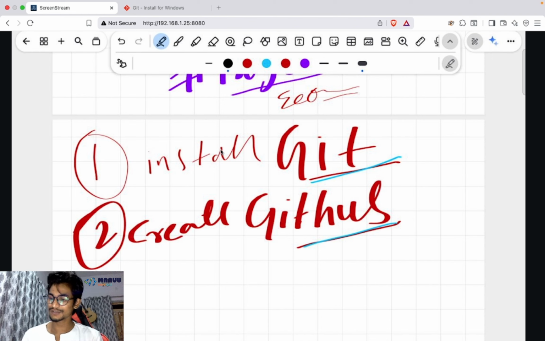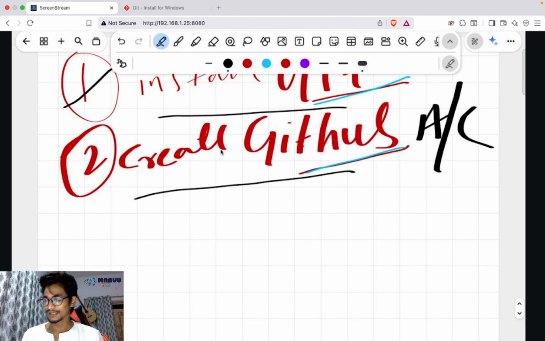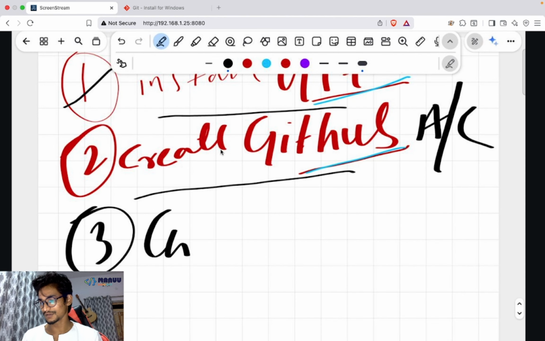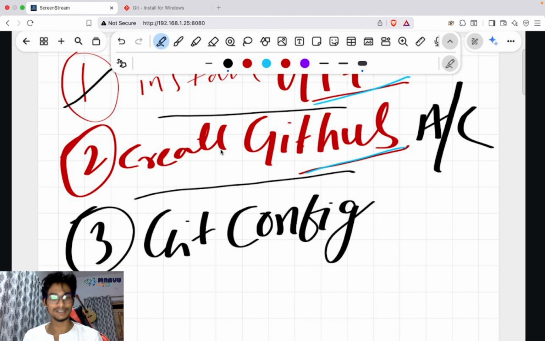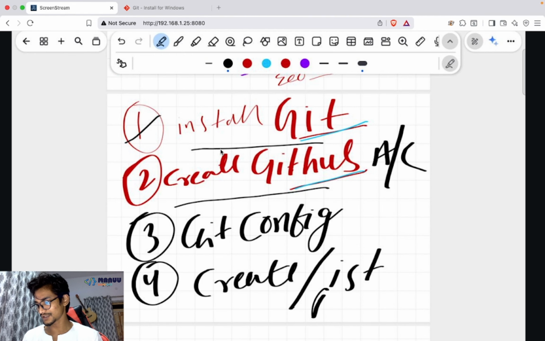Now, the first thing I'm going to do is install Git on our system. Second is create a GitHub account. And third, Git setup or Git config. I'll configure Git as well. And then fourth, create the first project. A simple HTML project I'll create.